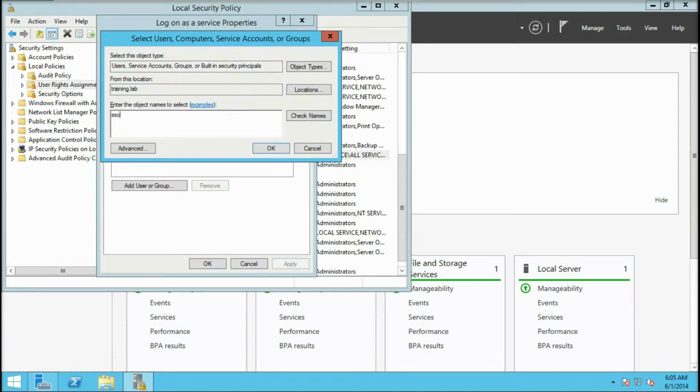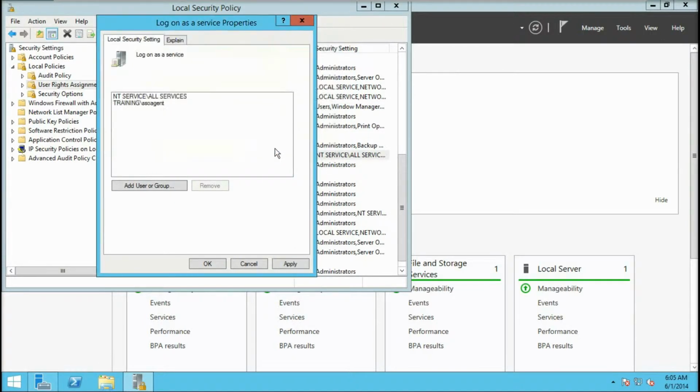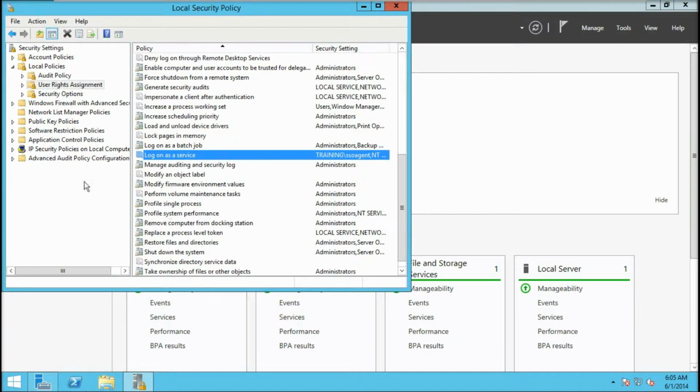So I will type the name of the user that I have created. Check, so it will complete the name for you. And okay. The second thing I need to do in the local security policy is that inside the advanced audit